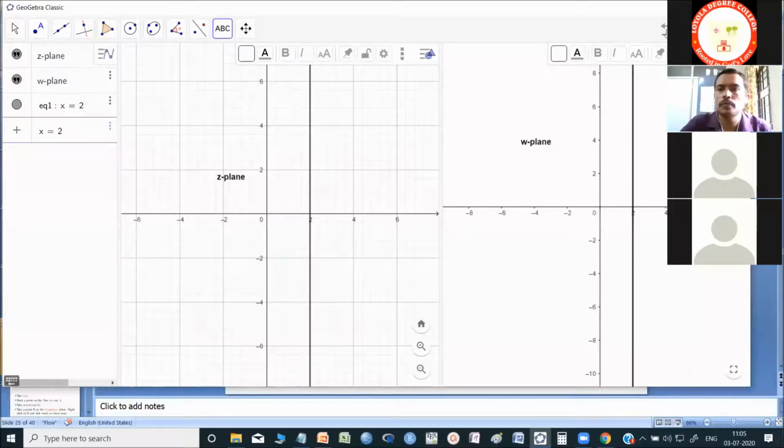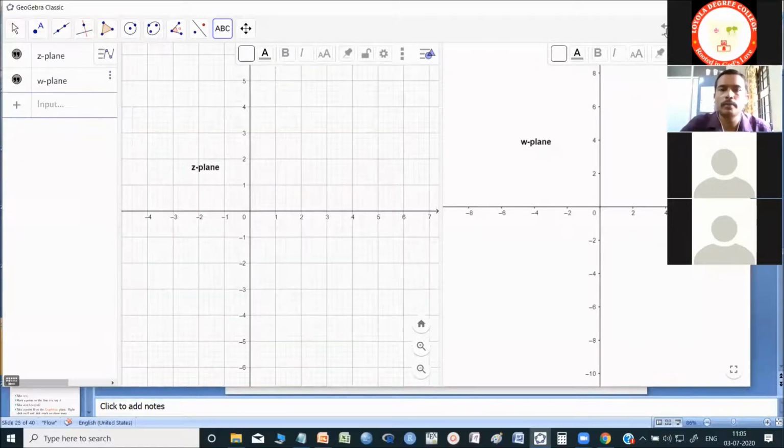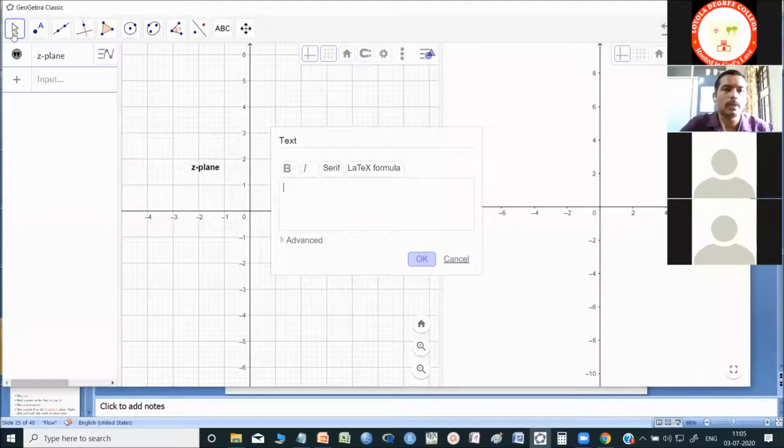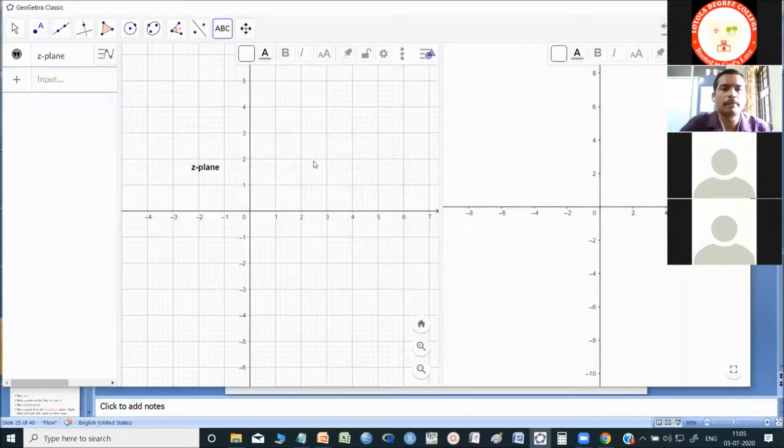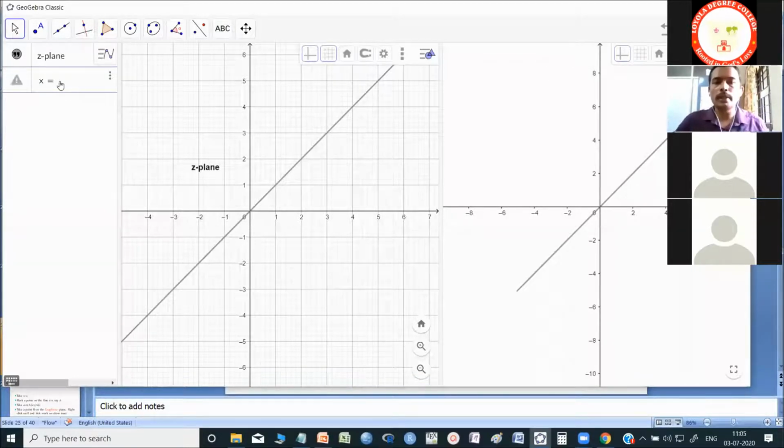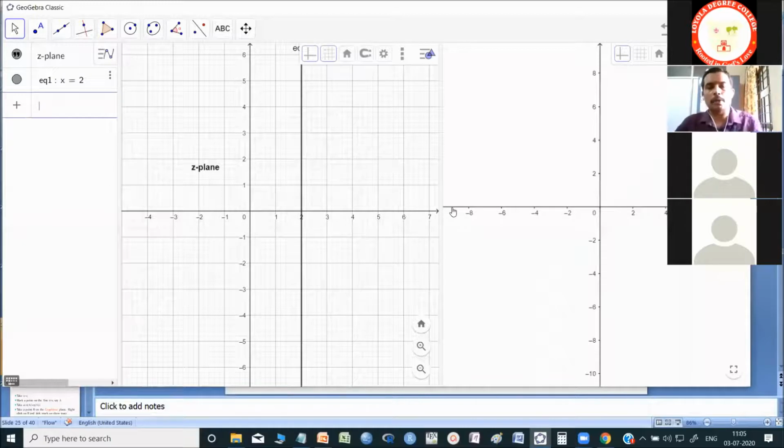So I can go back by using the undo button. I want x equal to 2 in the Z plane. I'll select the Z plane first and write x equal to 2.